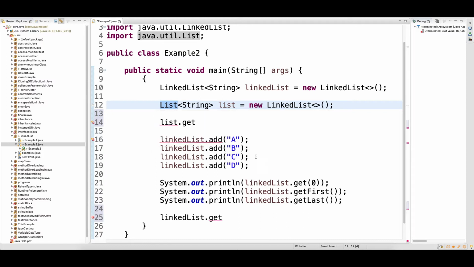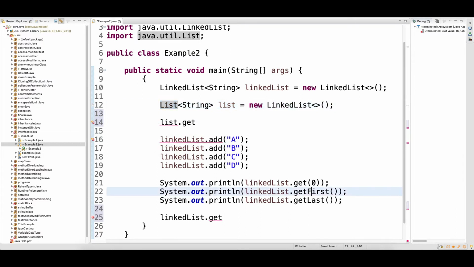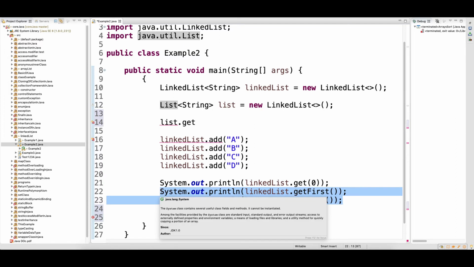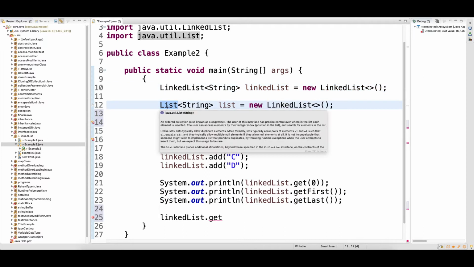If you write the method in the common interface, all three classes have to implement it, as we saw in the interface session. You don't want that, because getFirst and getLast are very specific to LinkedList. You can write them in the child class, the LinkedList class, and should not write them in the List interface.